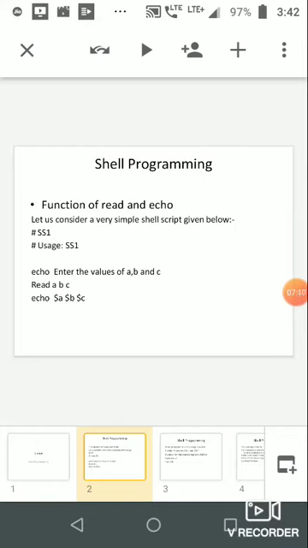So actually we want to display the value of the variable A, B, C. That's why here under the echo we have written $A, $B, $C. This dollar sign we have used, that dollar sign we have used, is to indicate that we don't want to display simply the static text ABC, rather